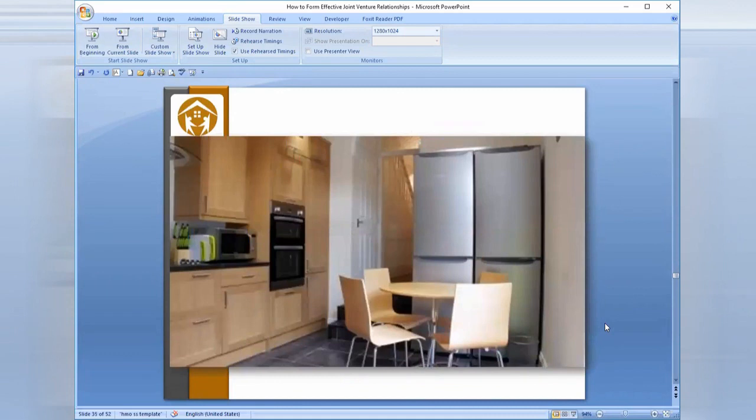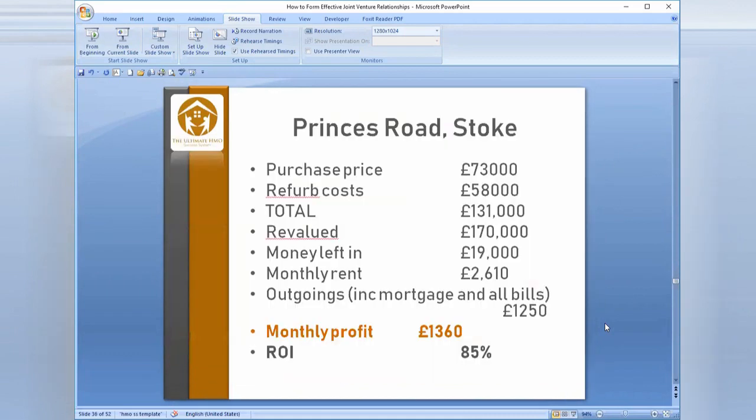And the kitchen downstairs. So purchased at 73, refurb costs were nearly 60. We spent a lot of money on this refurb, but it was brilliant because it worked incredibly well. Total cost was 131. It got revalued for 170,000 about 3 or 4 months after we'd finished it. So we left in £19,000. Now this money we borrowed from an investor, and I think